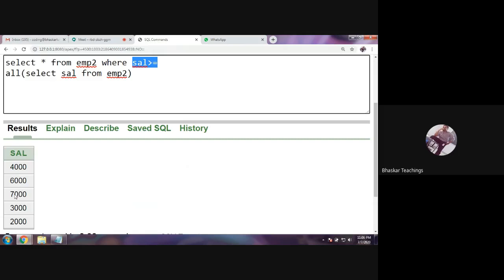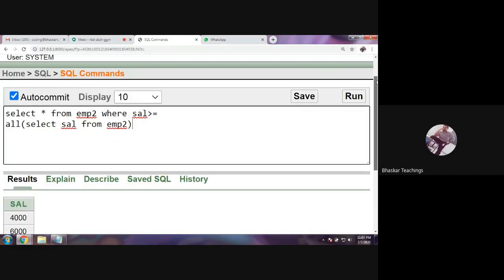Yes, 7,000 is greater than all the other salaries and equals to 7,000. So for the value 7,000, it is matching all the values of the inner query: greater than or equals to 4,000, 6,000, 3,000, 2,000, and also 7,000. So this will give me the details of the employee with salary 7,000.